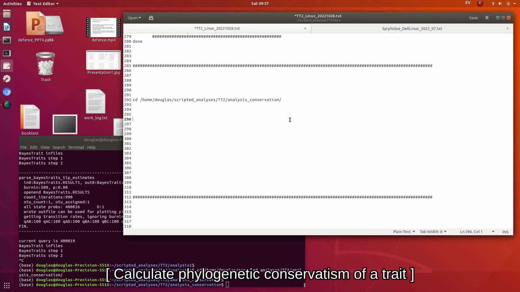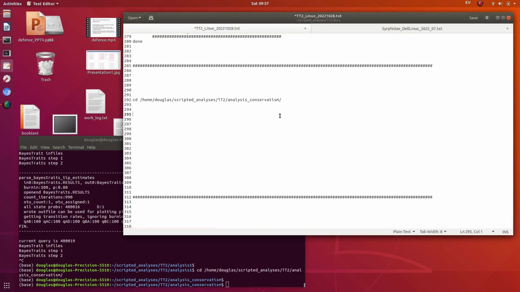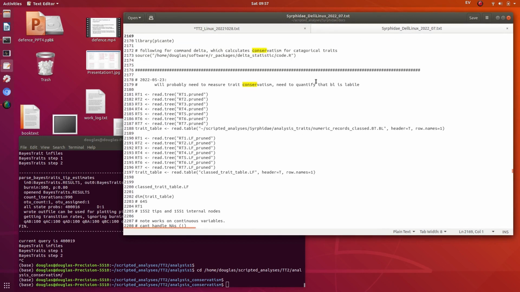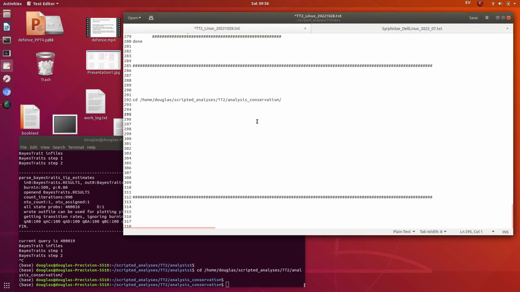Today's job is to calculate conservatism of a trait or bunch of traits. This is a collaboration with a PhD student. I've calculated conservatism before, quite recently, so I'm going to copy across a few of these commands, adapting them. The only thing I'm concerned about